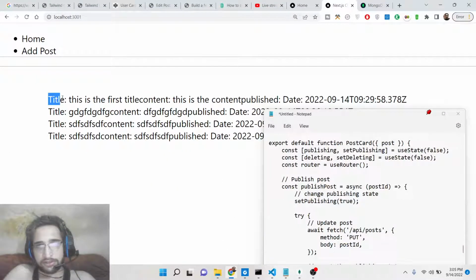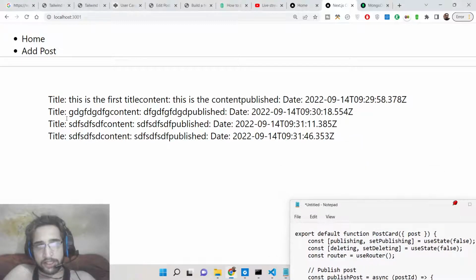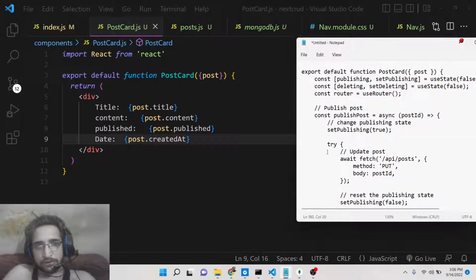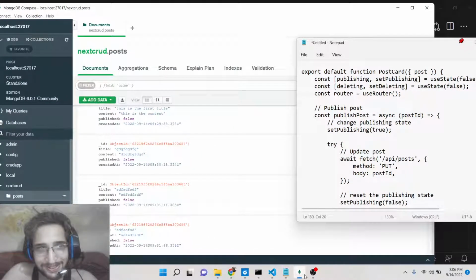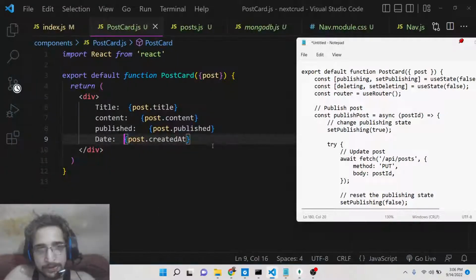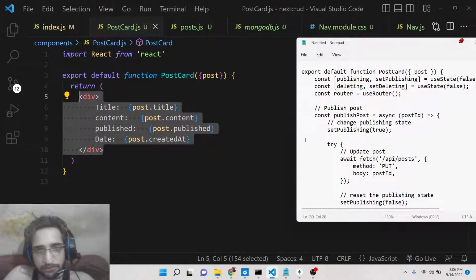So you can see this is title, title, title. This is the date which is showing here, guys. You can see that published. If you see the property here inside published. So now we need to show it, guys. So how to show it in a nice manner? We can simply